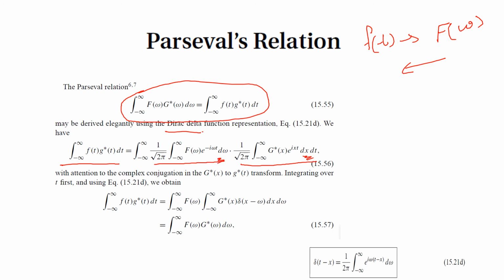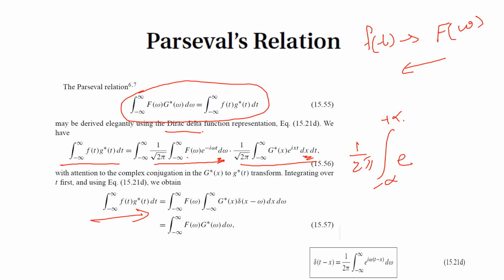Now, with a slight rearrangement of these terms, we can write the integral from minus infinity to plus infinity of f t g star t is equal to the integral of f omega, which is taken outside, and there is 1 by root of 2 pi and 1 by root of 2 pi, so this becomes 1 by 2 pi, integral from minus infinity to plus infinity